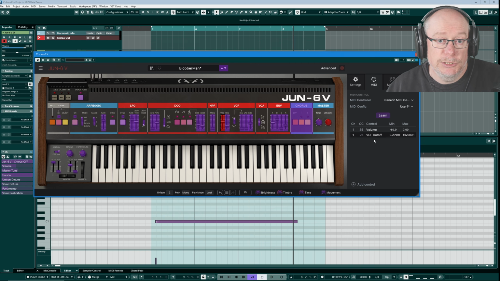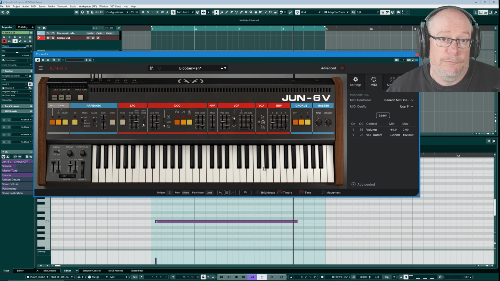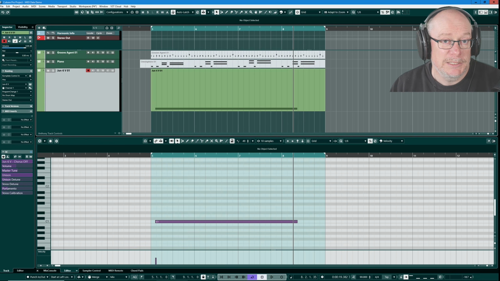There's my CC22 data. Come out of learn mode. And now this knob on my physical hardware has been mapped to the frequency control on the VCF, and you can see it going up and down. I can now record that MIDI data, that MIDI CC data, dynamically into Cubase. Now, there are two different ways that we can do that. One of them is automation. I refer you to my other video where I'm talking about automation specifically in order to record that,